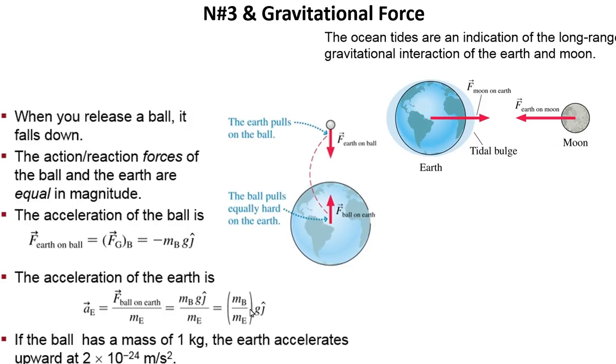And if you put the numbers in here, if it's a 1 kilogram mass for the ball, then in the numerator we have roughly 10, and in the denominator we have 6 times 10 to the 24 kgs. That's the mass of the Earth, and what one gets from that is